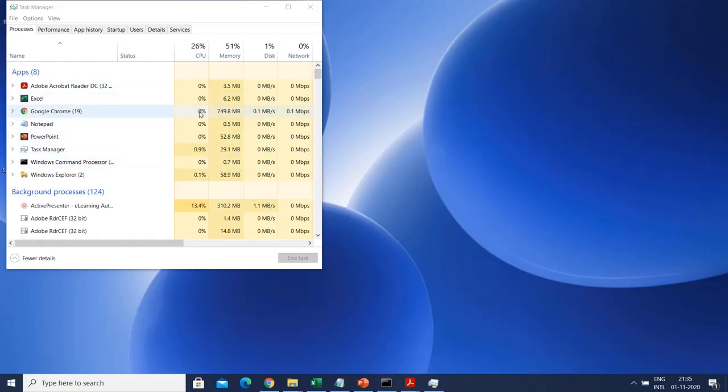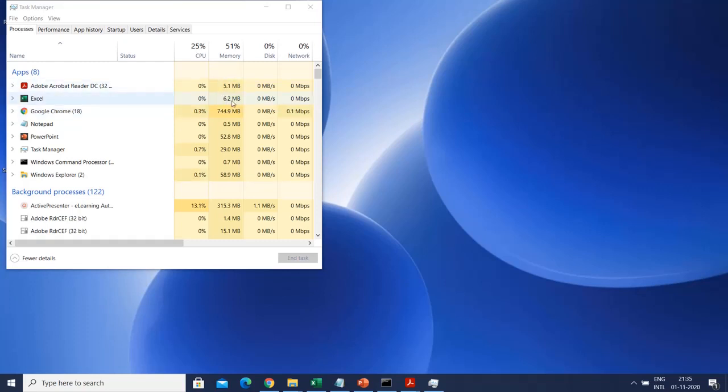I have opened multiple tabs in Chrome. See, assume that I have opened 5 or 6 tabs. It is consuming almost 700 to 800 MB of memory space, right? So this is the highest utilized application as of now. If it is consuming more and keeps on adding, definitely it will take over the whole memory. Normally web browsers will not consume that much memory. If you have applications that keep growing, it keeps on adding, so at that time it will grow like anything. So it is taking much space.